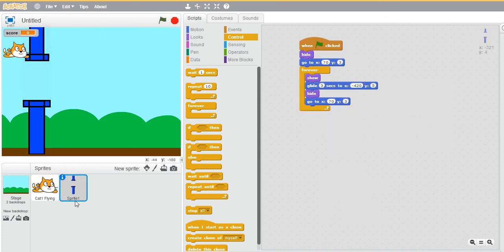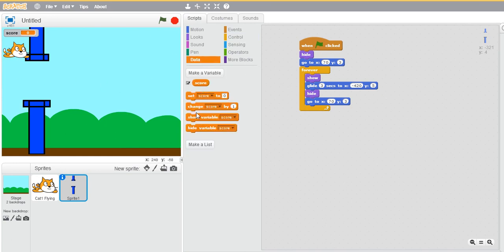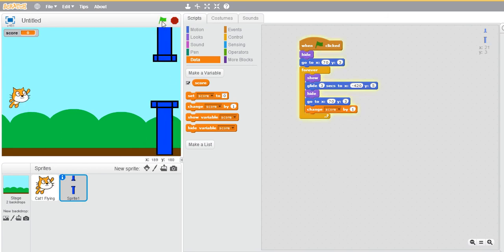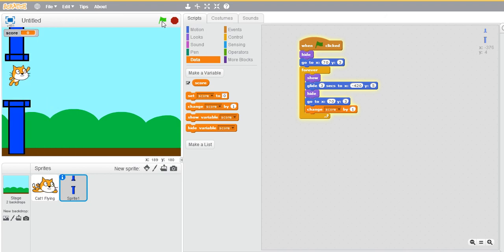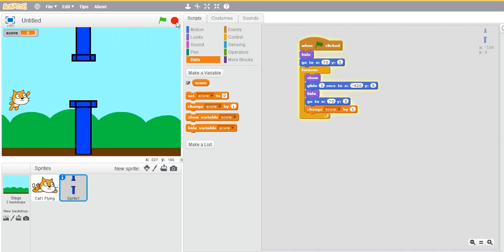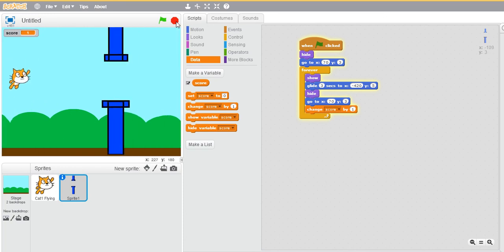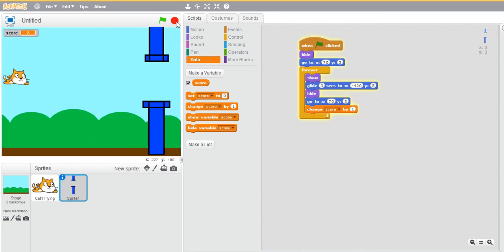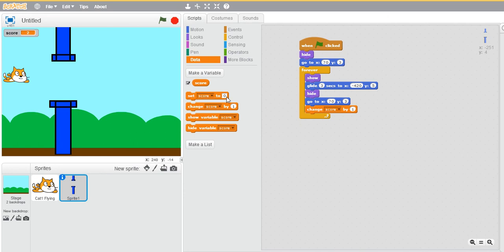So go to the sprite, our obstacles tab, and go to the scripts of that. Here, once this action is performed, our cat passes through this. So we can update the score here, then it will be reflected. So let's say change score by 1 here. Now let's check it out. Okay, we hit, sorry, I'm not good at this game. I think it should update. Yes, I updated my score perfectly. Yeah, it's working. So this is the game.